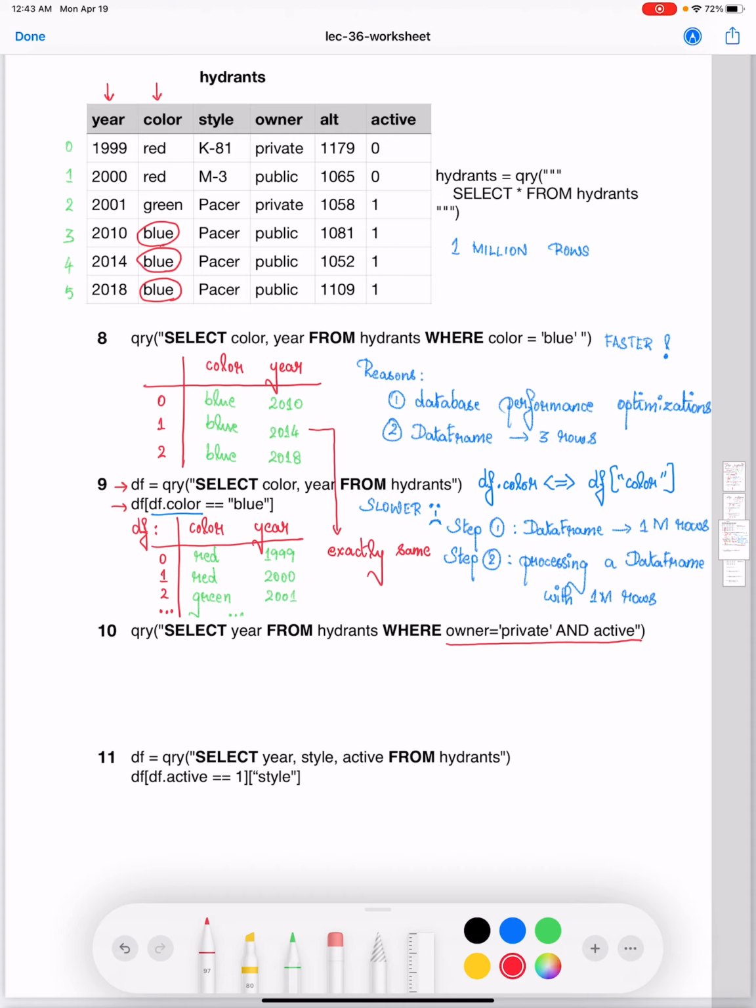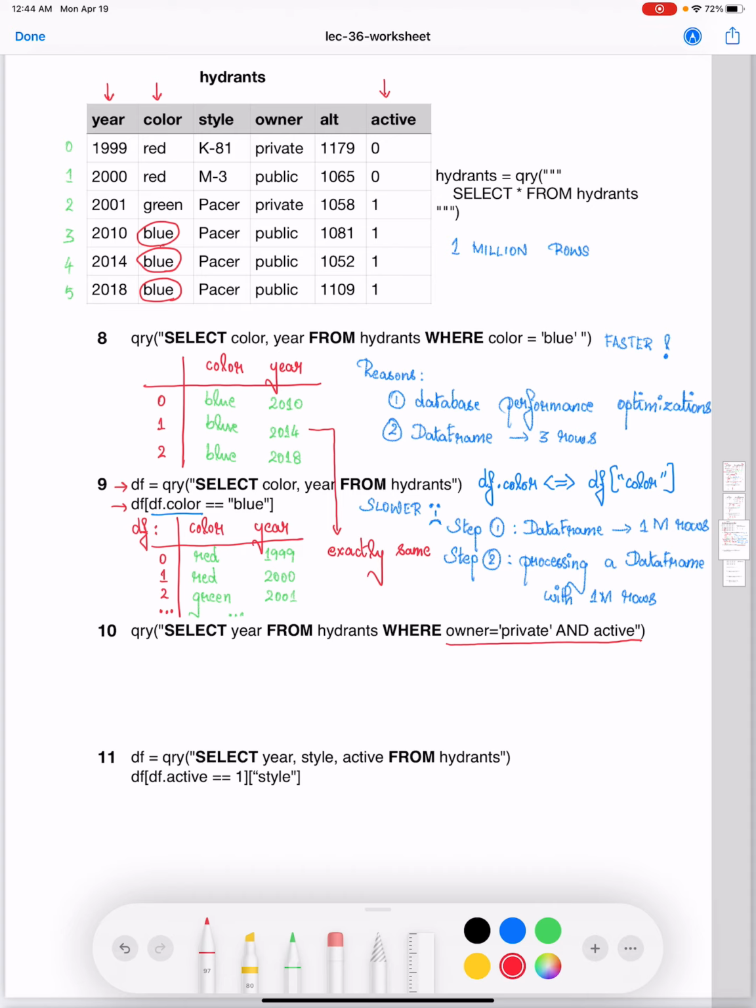The second part that comes after and simply states active. Let's focus on the active column as part of hydrants table. Observe that active column contains the values as zeros and ones. So when you say something and active, you're just indicating that active column's value should be 1 over here.